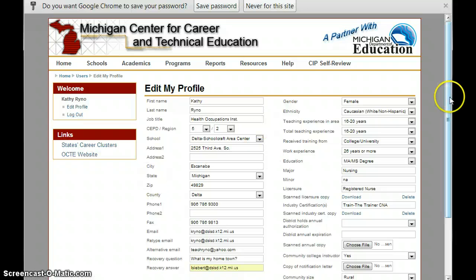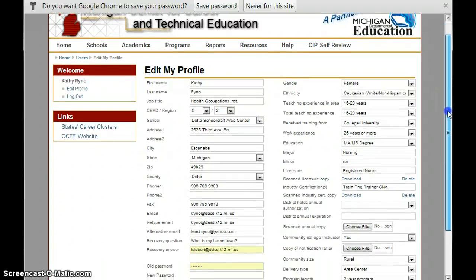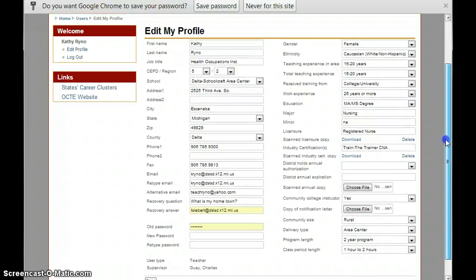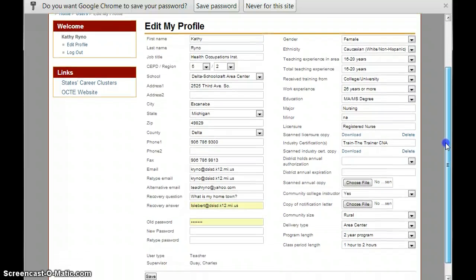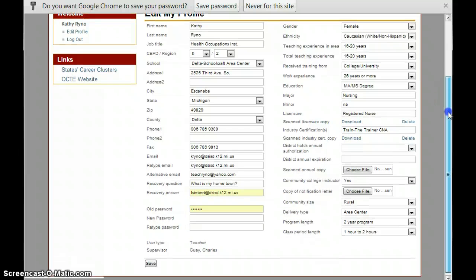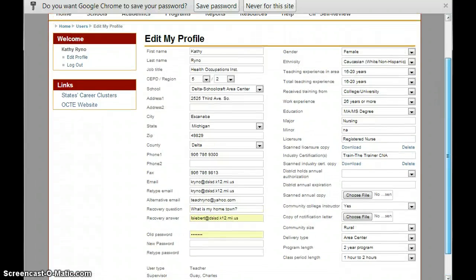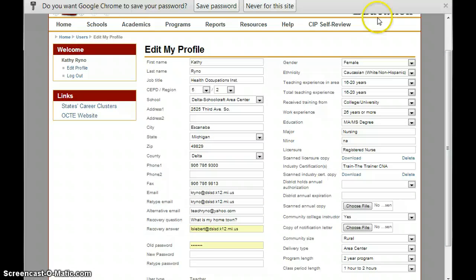Since I've already done mine last year, it brings up everything that I entered last year. I can change my password here. My licenses are scanned in here now. So that's kind of my home page for my profile. Then I just go to CIP Self-Review,